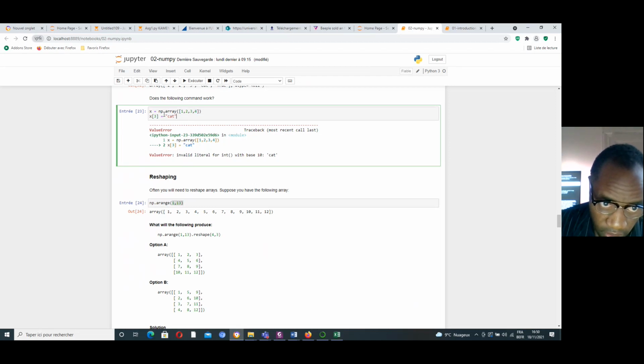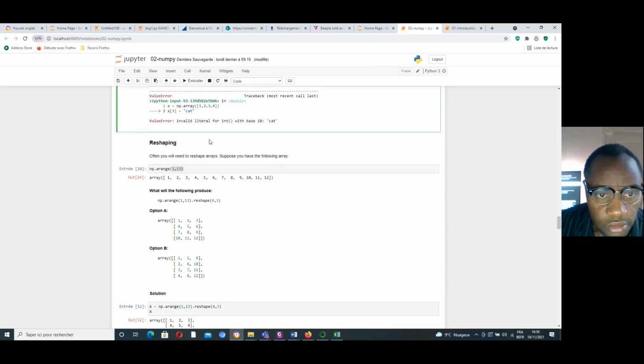But now we have a string and this number is an integer, so it's impossible to do that. We have to change it so that they have the same type.